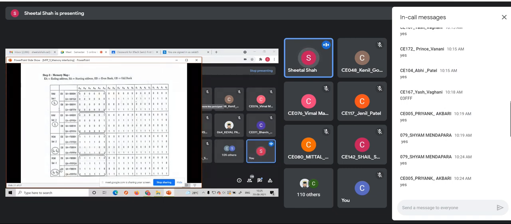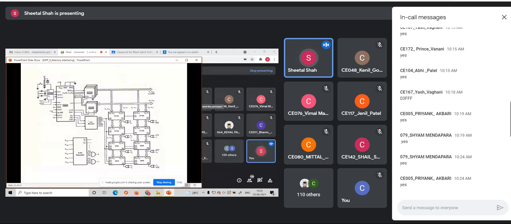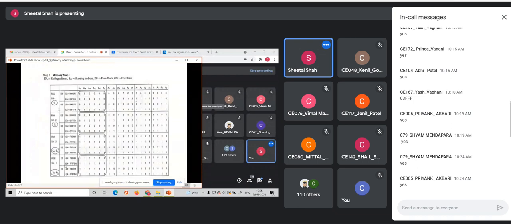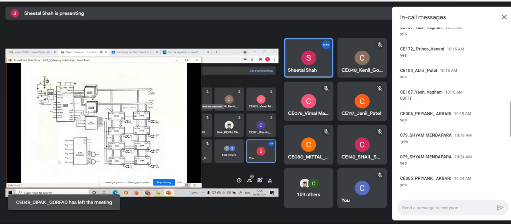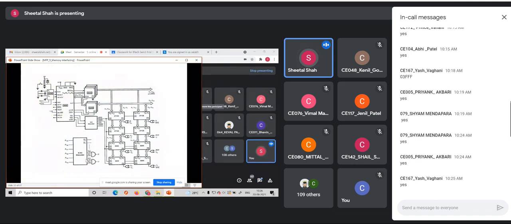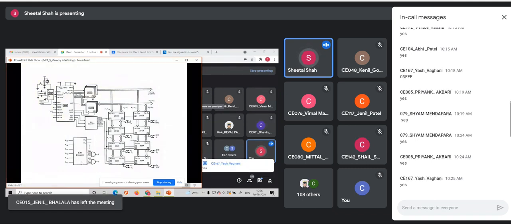Okay, so this is illustrated using this diagram. You can see that pins A14 to A19 are used as an input to the 6x64 decoder. Since we are having a 6x64 decoder, we are having 64 output lines. Do you agree to this, all of you? If it is a 3x8 decoder, there would be 8 output lines. If I'm having a 6x64 decoder, then there are 64 output lines.